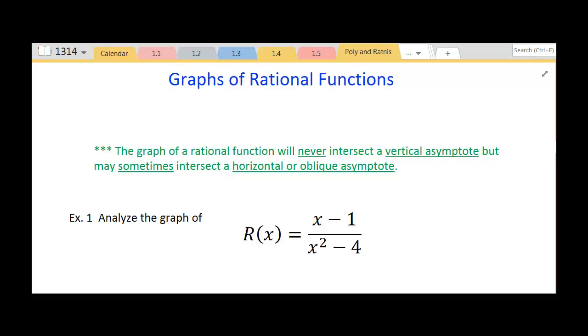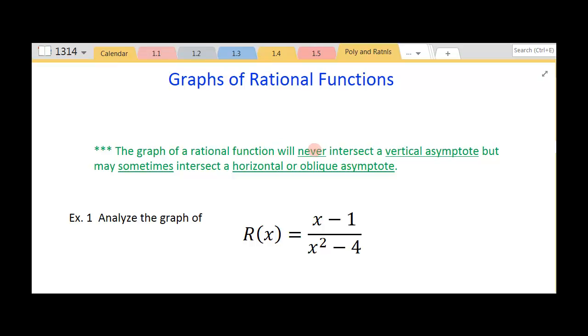So we've already taken a look at rational functions and tried to analyze their asymptotes and domains and things like that. So let's go ahead and apply that knowledge to the graphs of our rational functions in this series of lectures. Let me mention that when we are talking about the graph of a rational function,